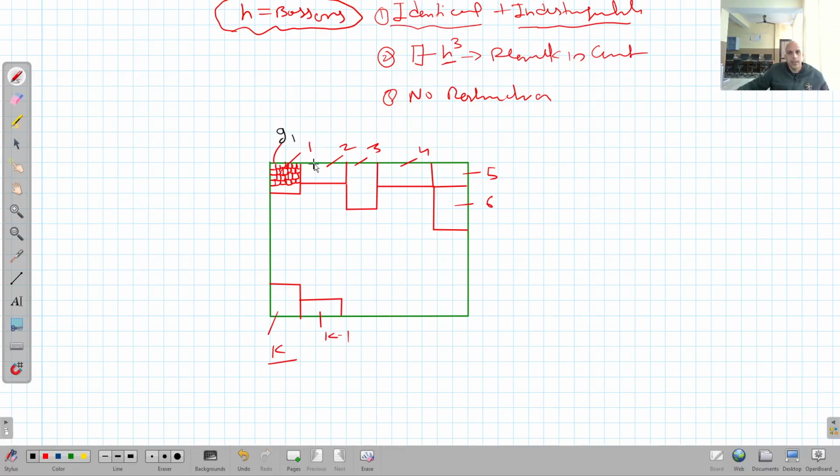In the first we have G1, in the second we have a G2, in the third we have a G3. Similarly, this is G4, this is G5, this is G6, this is Gk minus 1, and this is Gk. So now the available space is divided into different compartments, and then all these compartments are further divided into small cells of equal size, so that the first compartment has G1, second has G2, and so on. The Kth compartment has a Gk number of cells, right?